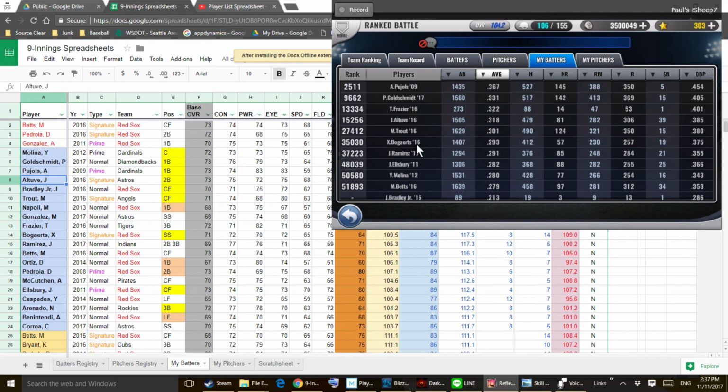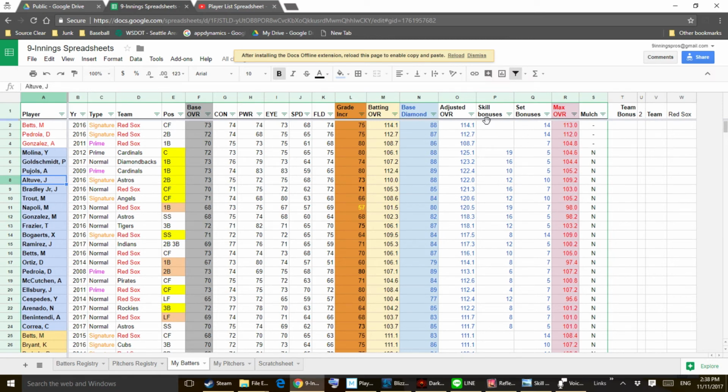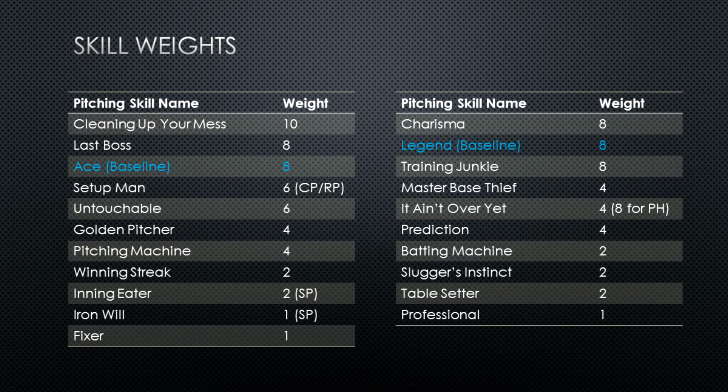So now let's get into the actual values that I'm using for the adjusted OVR. First of all, I track these in skill bonuses and I add them together. So this 19 here from Molina is the values that I have given his 3 skills added together. So what am I using? First of all, this is the chart I'm basing those numbers off of, the skill bonuses column. Looks like I forgot to change my headings. Nonetheless, anyways,